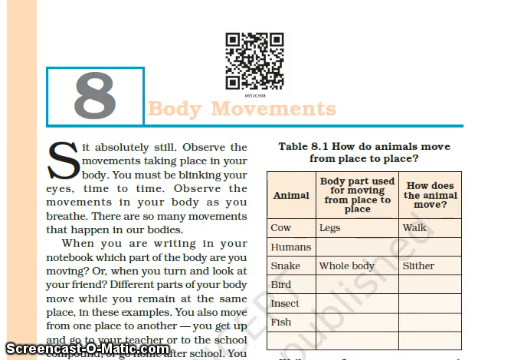So, students, this is the second part of the chapter Body Movements, which is chapter 8 from the class 6 science book. In the previous part, we studied the introduction of this chapter, that is, what is movement. So, what is movement, students? It is the ability of an organism to change its position or its location by using its different body parts.